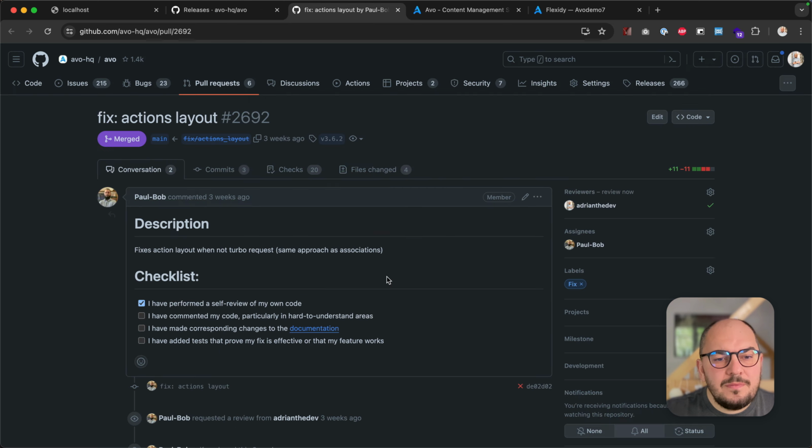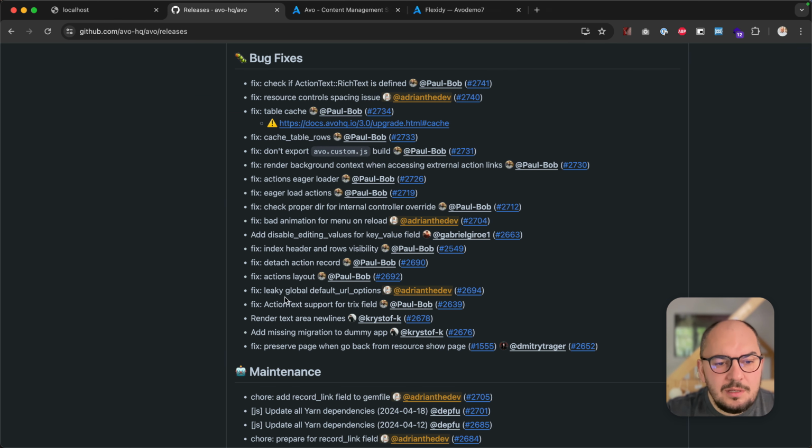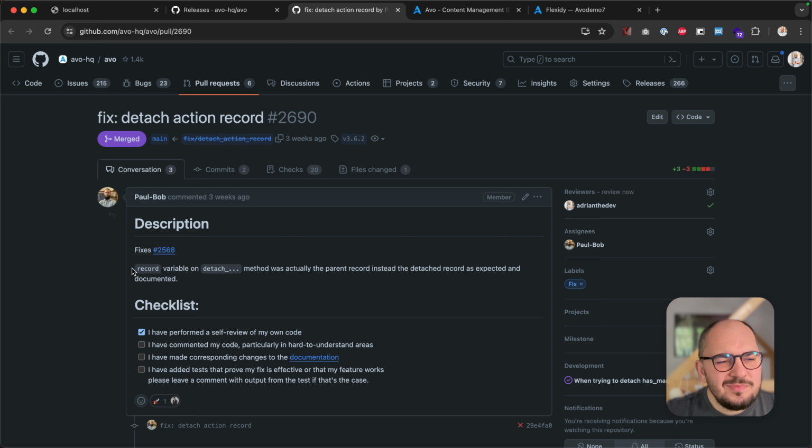Actions layout. This applies the same thing, removing the whole layout, using actually a blank layout when you're rendering an action through a turbo frame, so it's better performance. Detach action record. Yeah, so the record variable on detach method is actually the parent record. So it's about the authorization feature. The record was the parent record instead of the detached record. So now it's just